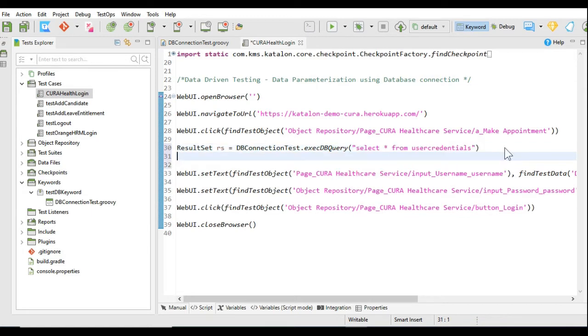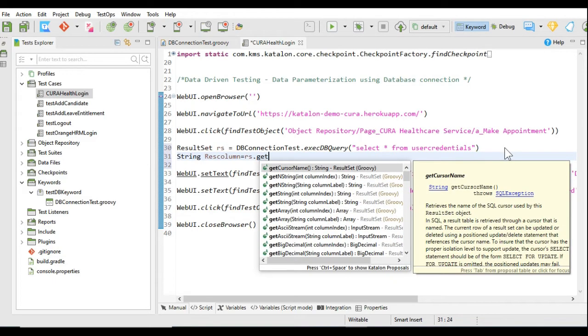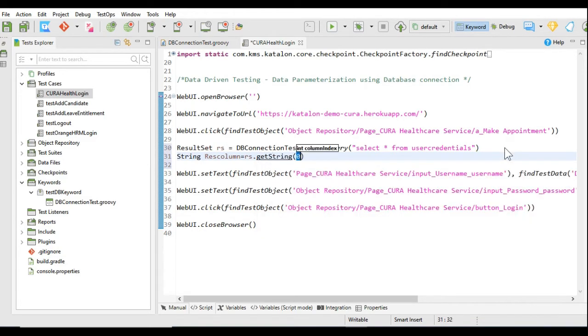After that, I will take one string and assign the column value to it by getString and giving the column name, the column header name.